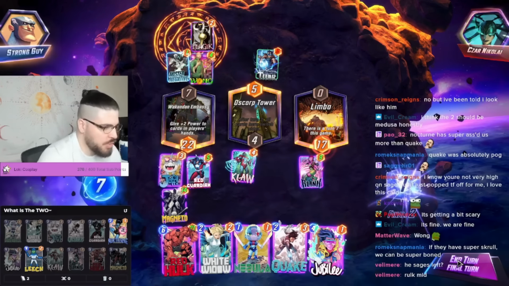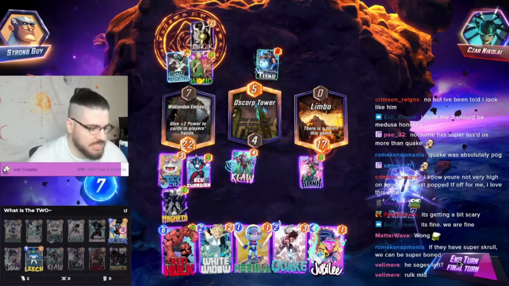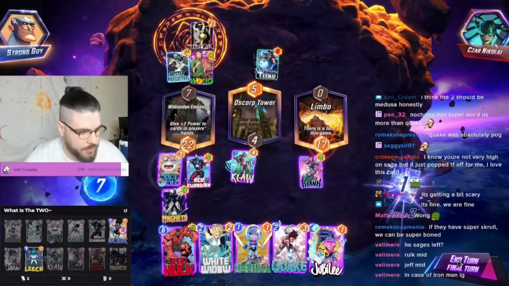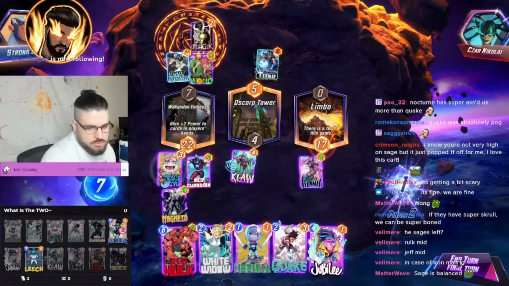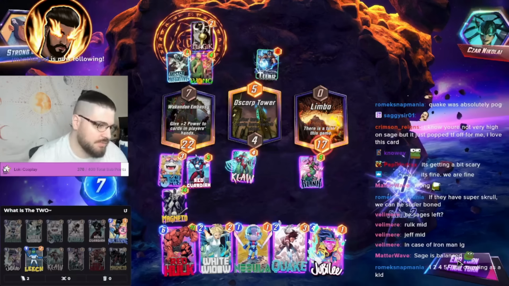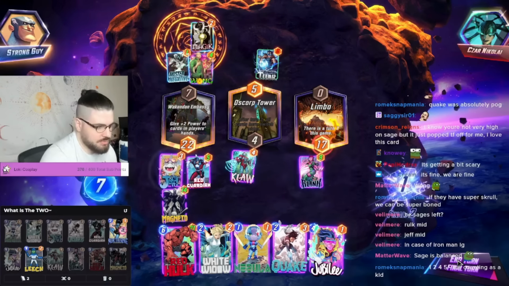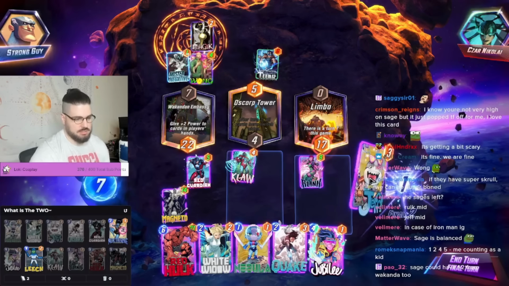Sage is like, what, 20? 1, 2, 4, 5, 14. Let's just assume she's 10 each time. 3, 12, 24. Yeah, so like...